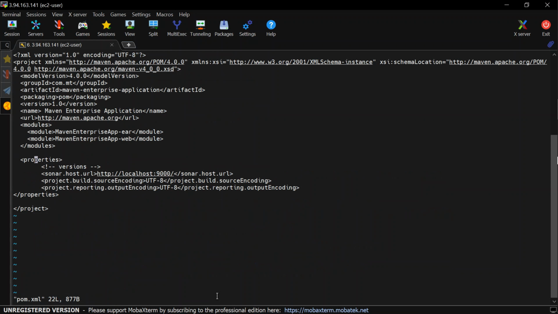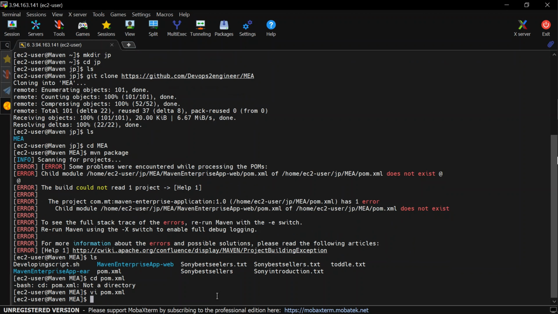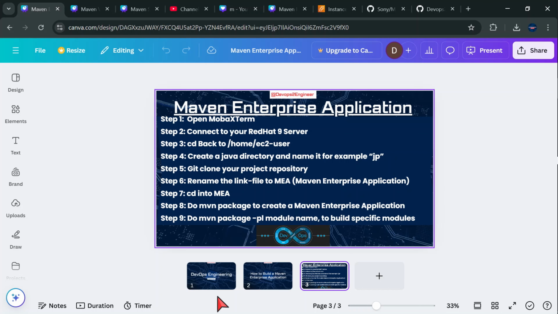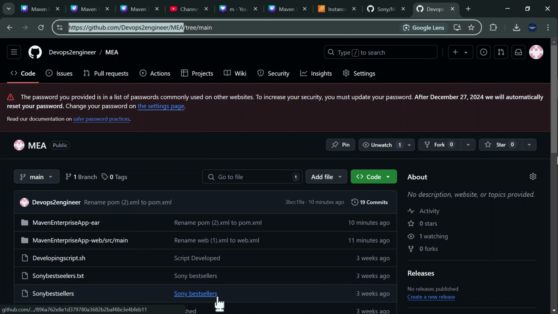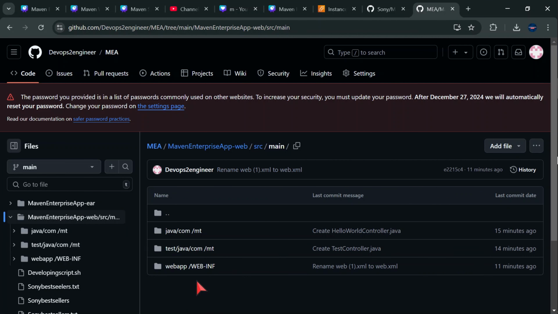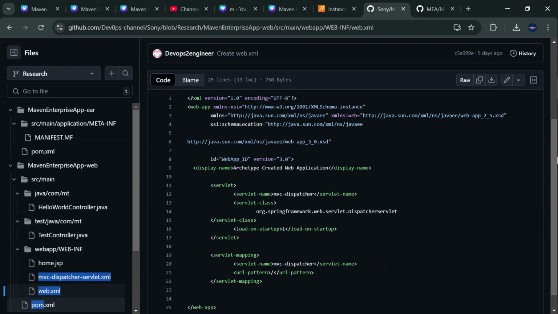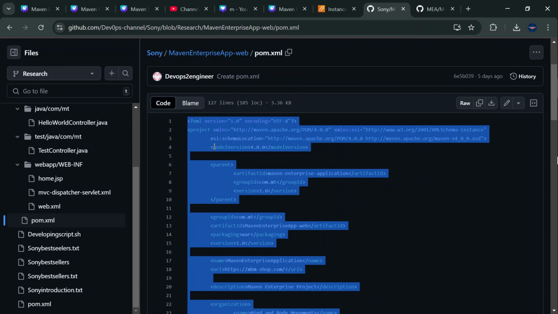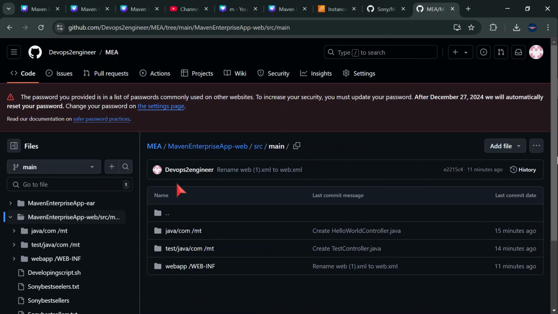Our modules are here. You can see this. Then let's check the other pom.xmls. Let's check it here. Right, we are in our repo and we didn't put our pom.xml. So let's go here, copy this pom.xml, copied, and